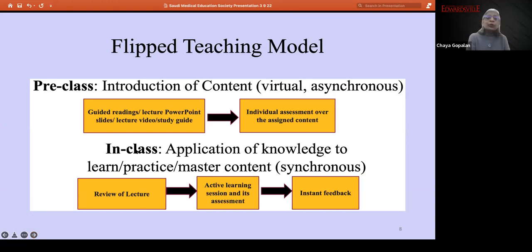Pre-class is where you have given the students the content: guided readings, lecture PowerPoint slides, lecture videos, study guide. You don't have to give everything, whatever is ideal for your particular topic that you want them to learn. All right, a physician who is asking his or her students to come prepared to do a patient evaluation may have a set of